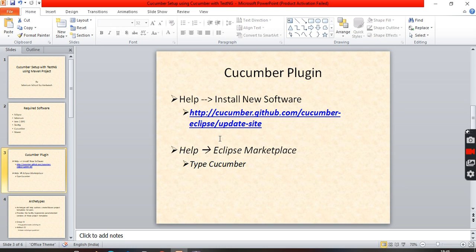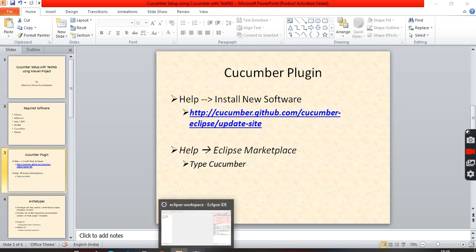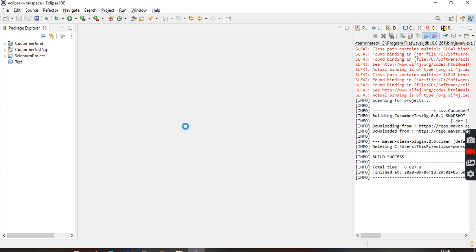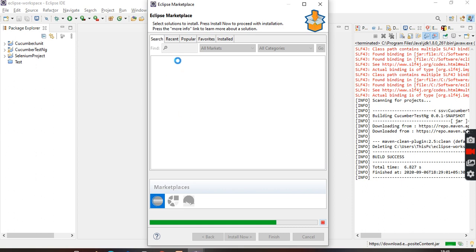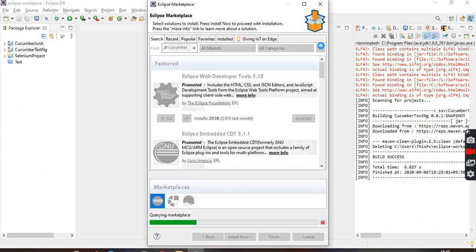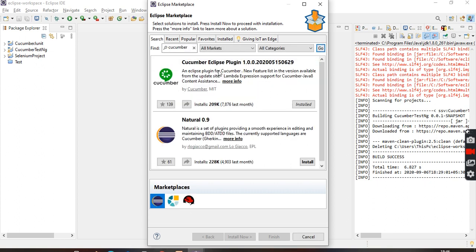There are two ways. One is you go to the Eclipse Help menu, Eclipse Marketplace, and type Cucumber here. Click it and go. This plugin you have to install, then only you can create this.